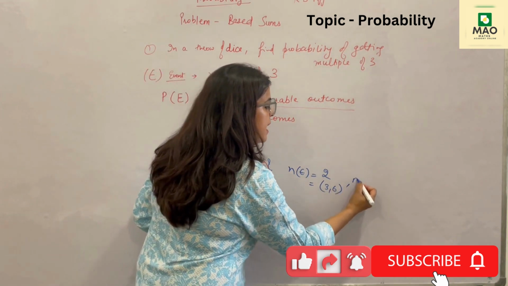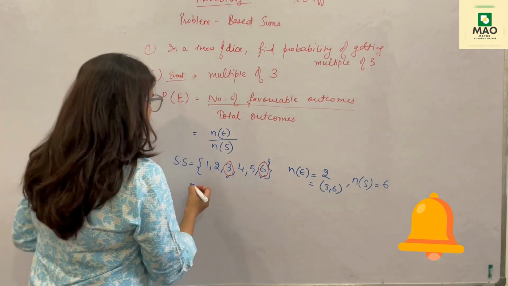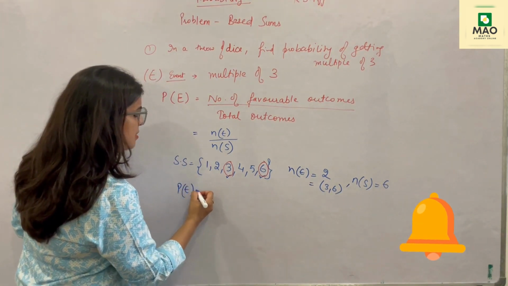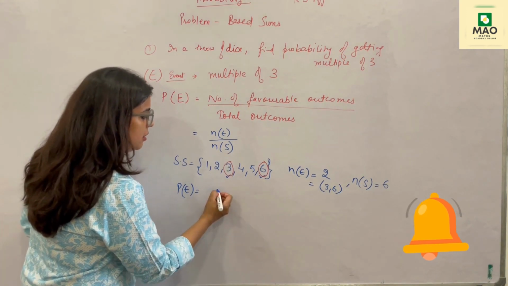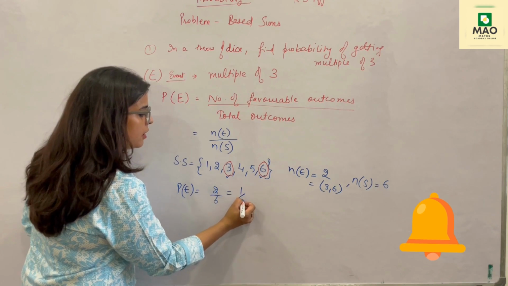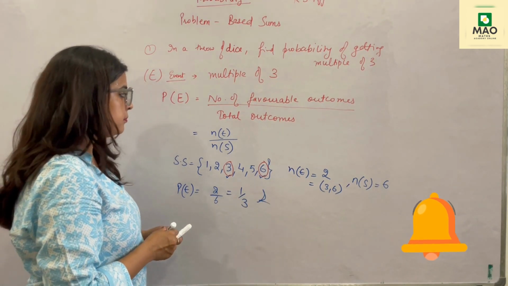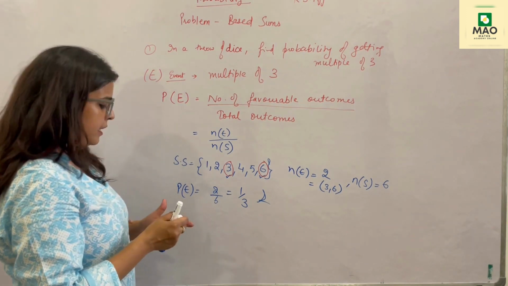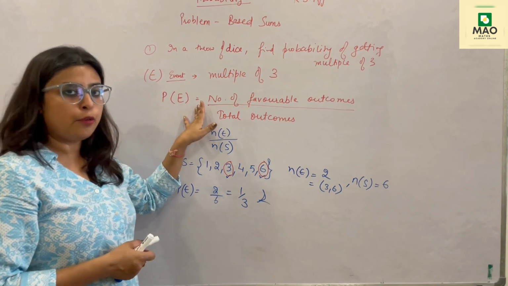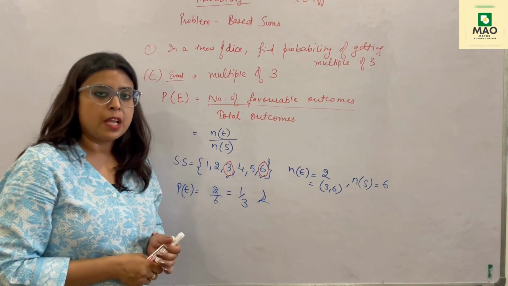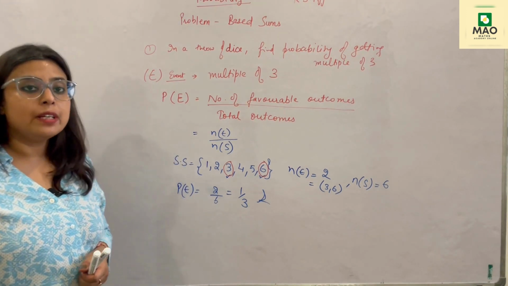Okay, and what is N of S? N of S always means the total outcomes. So the probability of an event is N of E over N of S. That means my answer is 2/6. After cutting I get 1/3. So these are very simple sums. This is sum number 2, based on single events again, and how to find the probability. Here I am explaining the formula, basically how to apply it. You can practice, these are very simple sums, the initiating topic basically, and you can go ahead with a variety of sums.